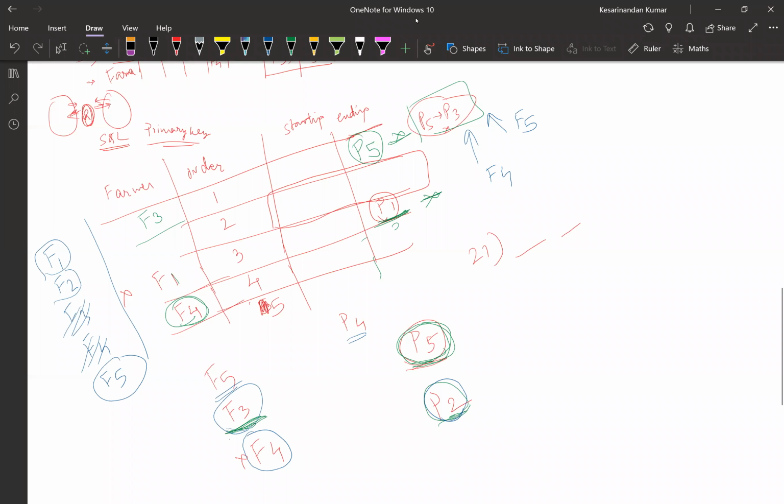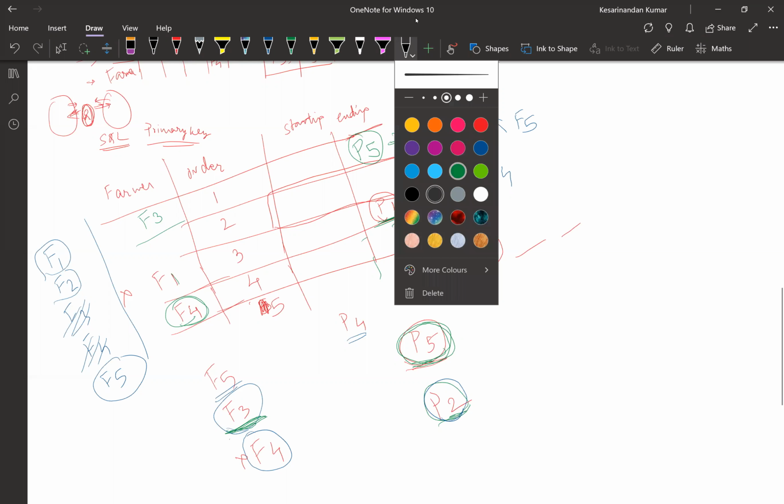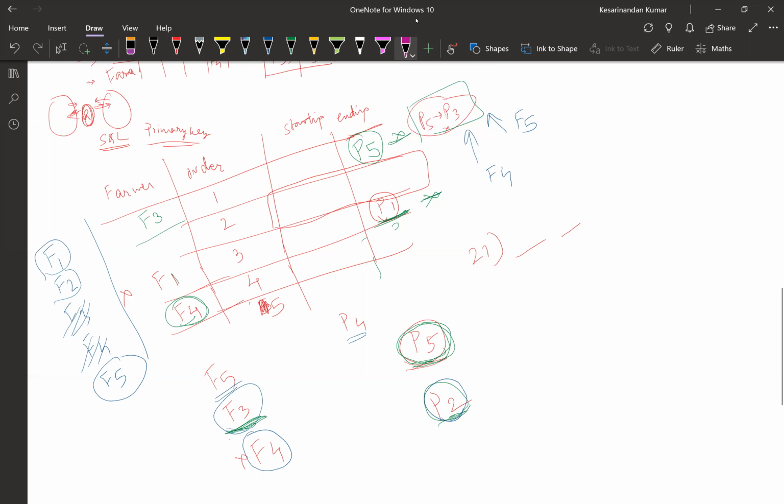So let me use a different color pen, this purple one. Okay. So let us try to put P5 and P3 here. If P5 to P3 does not work, we'll have to put P2 to P5. But